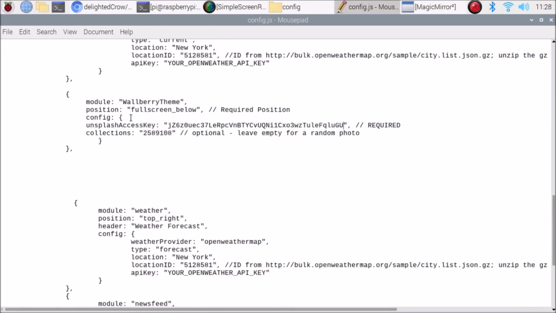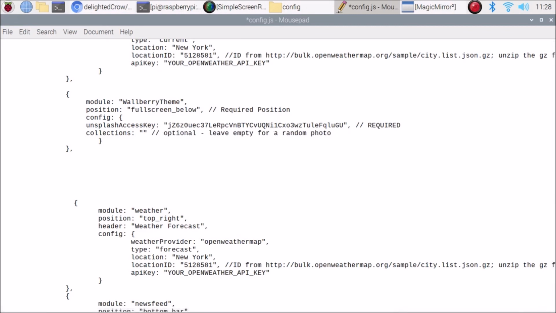And the collections, as you can see, are optional: leave empty for random photos. If you want to go with random photos, simply leave the collection empty, then it will go with random photos.